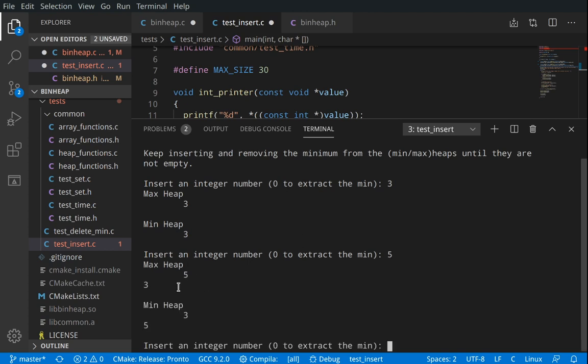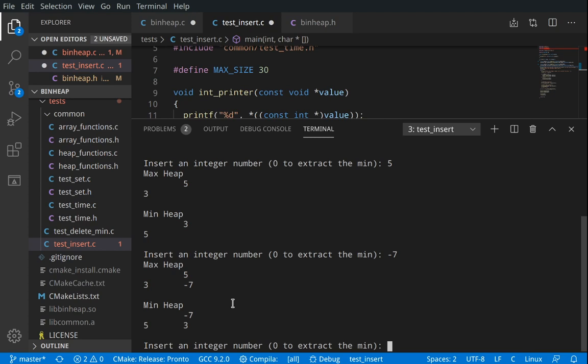And as you can see here, by inserting 5 we end up with a heap having exclusively 2 elements. In the max heap, of course, the root contains the minimum with respect to the total order, which is actually 5, because the total order is greater or equal than, while in the min heap, the minimum is of course 3. Okay, keep inserting, so let's say -7, and as you can see here, we end up with